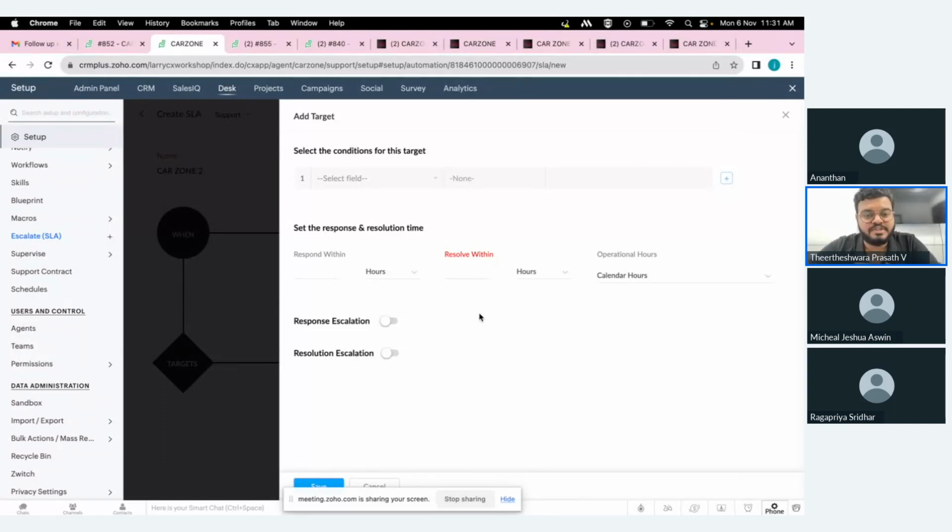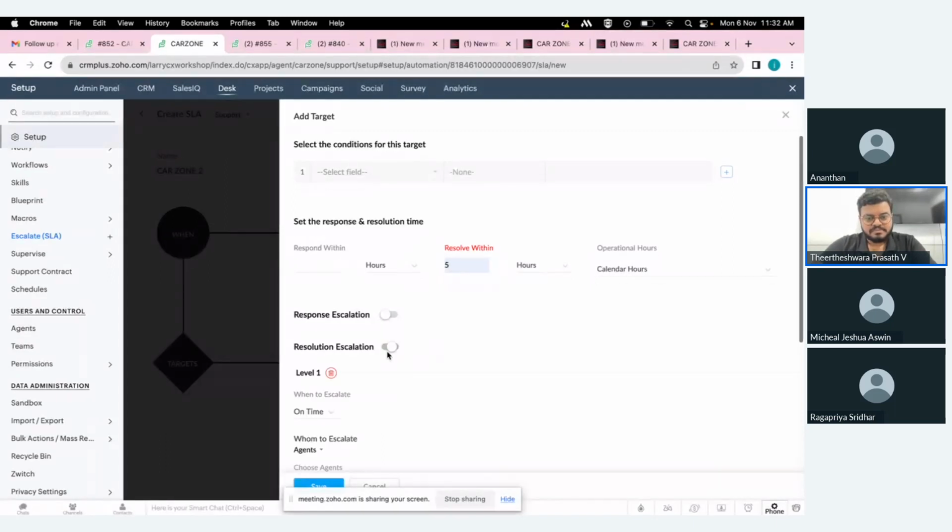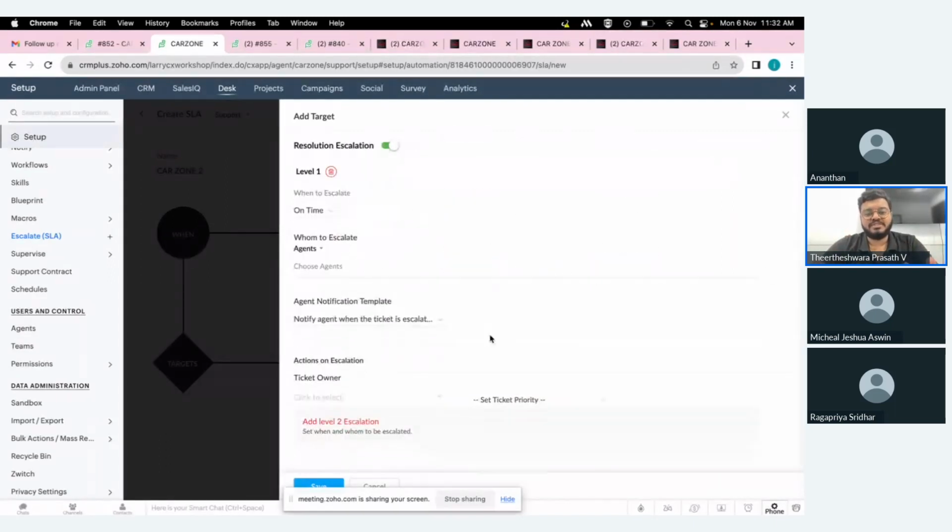standard resolution time once a ticket has been created, or once it has been updated, based on the execution point. In this case, the resolution time is mandatory in SLA, while you can skip the response time. The other important aspect of SLA is to provide escalation. For example, it is the only automation in Zoho Desk where you could escalate tickets directly,